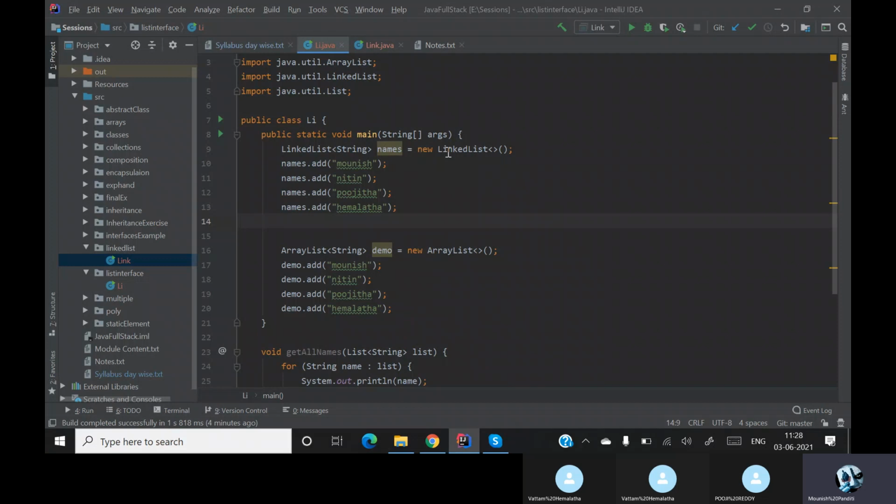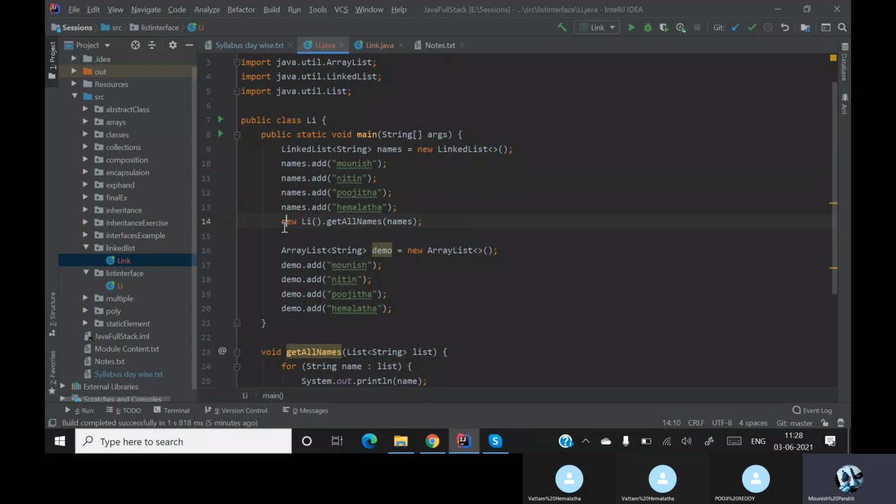Let me say that this will be li, which is equal to new. Okay, I don't want even to create an object over here. I'll use my anonymous class method, which is my new li dot get all names of names.